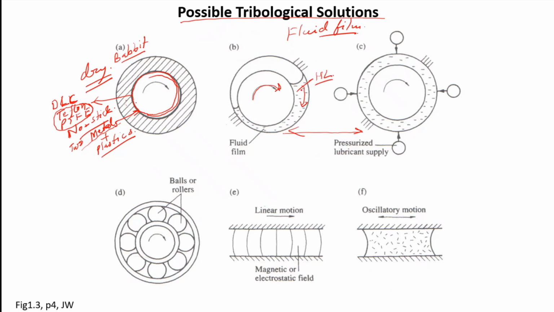So hydrodynamic lubrication, it is known as. Hydrodynamic pressure is built up, and this pressure will be maximum at some point here. Again, it is decided by the Reynolds theory. So at some point it will be maximum, and the pressure will be something like this. That means at some point there will be maximum pressure, and if you take the mean pressure of